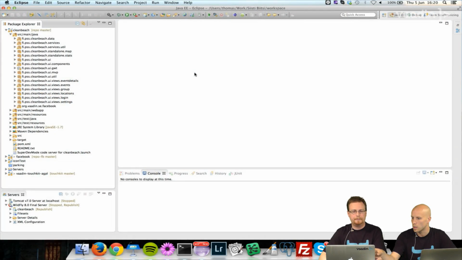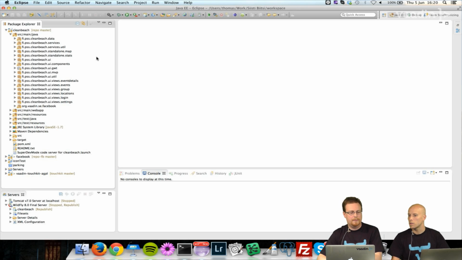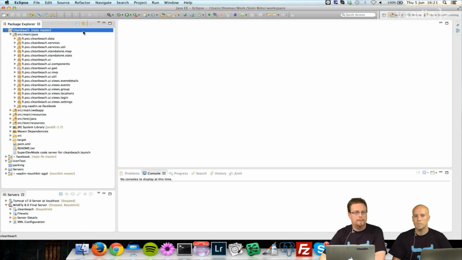Yes. All right, let's go to your IDE now and to this Clean Beach project, and let's see how you have implemented this MVP pattern there. Yeah, so sorry about the small font here in the Package Explorer, but basically, yes, it's a hobby project, yes, there's not much functionality, but I still want a proper structure.